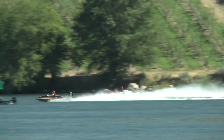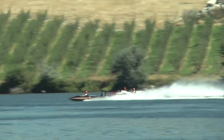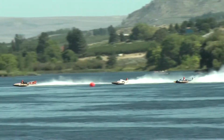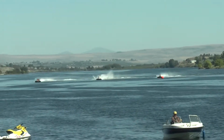So you got John Leach on the inside driving that E101, the Buccaneer. I told my son, who's here with me this weekend, as we walked through the pit area last night, I said, go stand alongside this Buccaneer. You can spend a couple of minutes reading everything it says on the cowling, from world straightaway speed records to lap and heat records. A lot of history out there. And when these guys get out here,